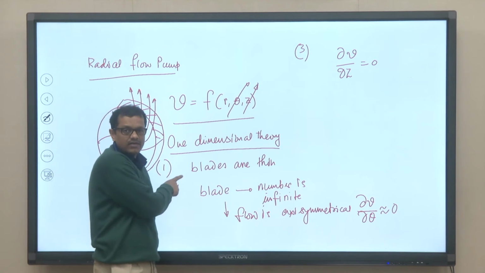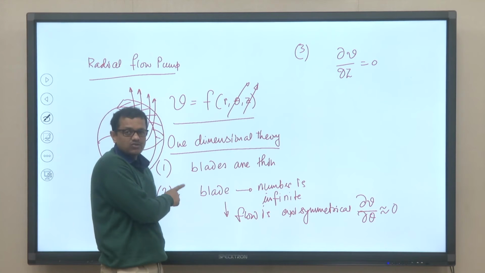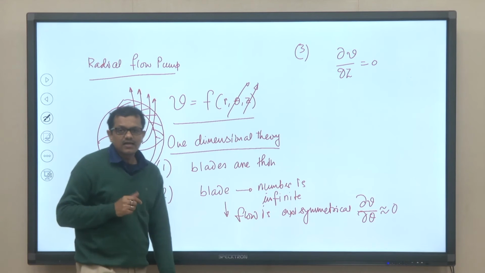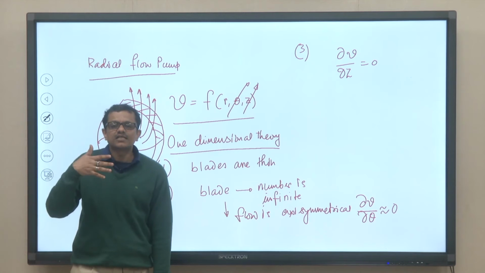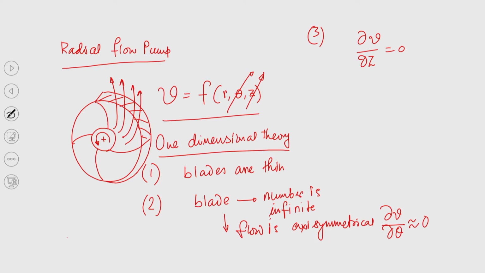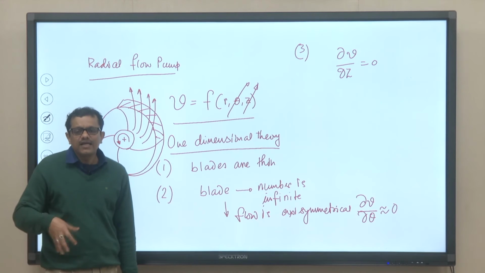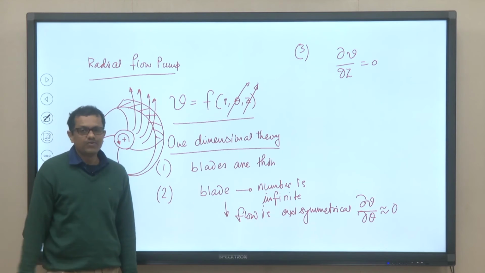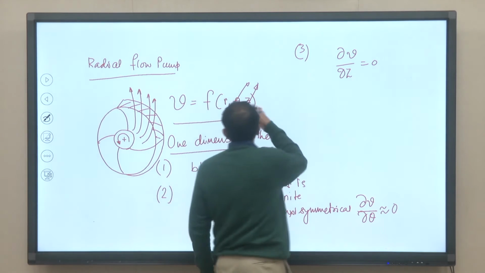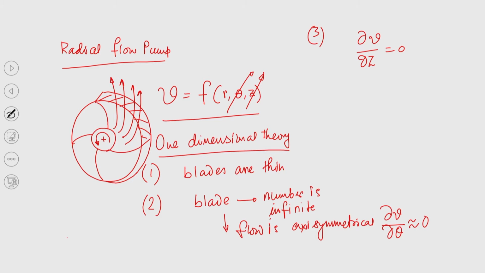So, the first one we have understood, second one we also have understood, third one is that over the part in which energy transfer takes place, there is no variation of velocity in the meridional plane, and it simply indicates that del v del z will be equal to 0. If that is the case, then we can write this. So, basically what we can discuss from this exercise is that ideally the flow field is 3 dimensional, but eventually considering these assumptions, we have